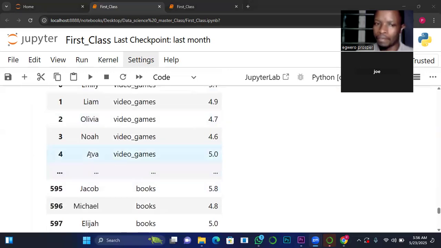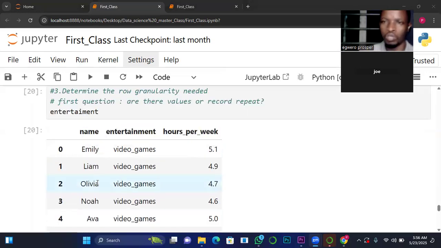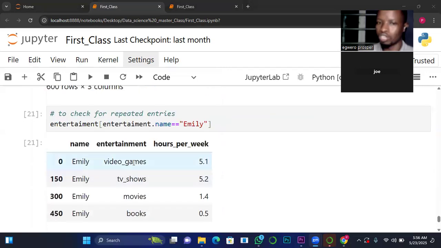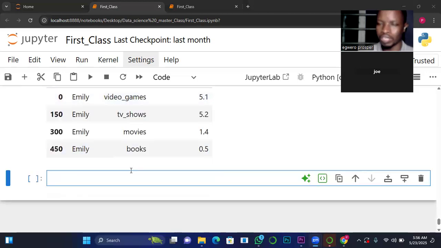So there are other names. Ava might also have places where it's repeated. Jacob can also have places. So by the time we collapse all of them to one row, that is how you are going to achieve the granularity targeted. This is just to confirm that this particular data requires reduction of the rows, which is the row granularity. Now that we have confirmed that,